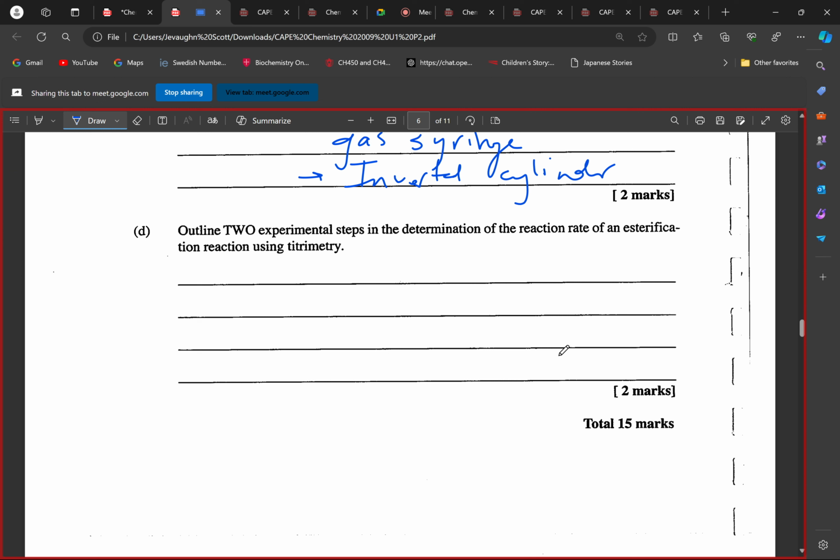So the titer will be placed in the burette, and the solution you'd measure a specific amount and place it in the